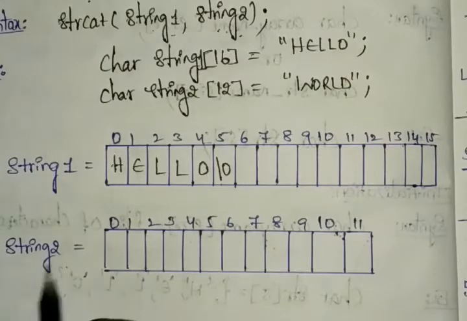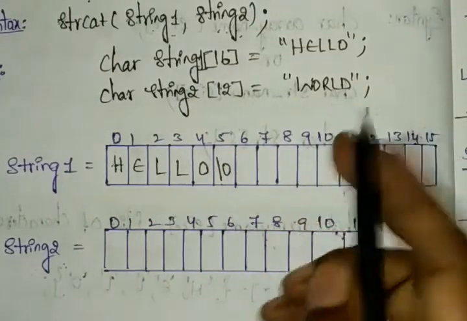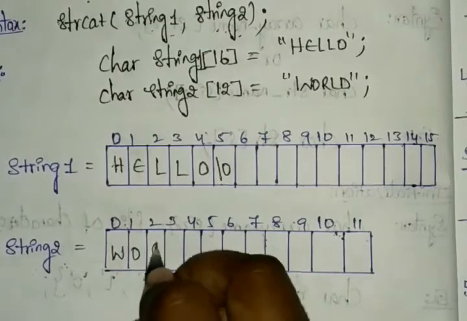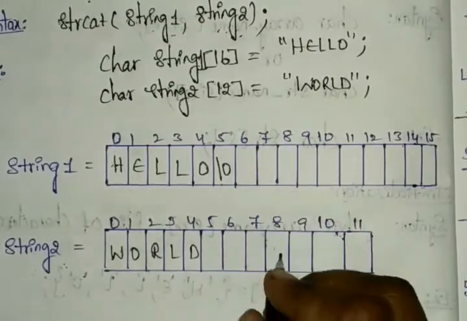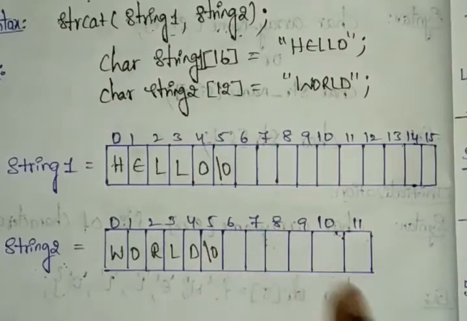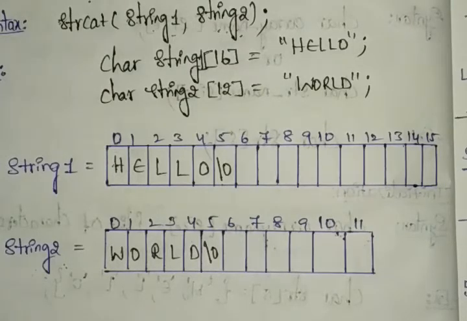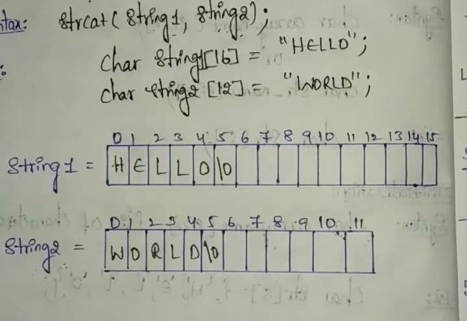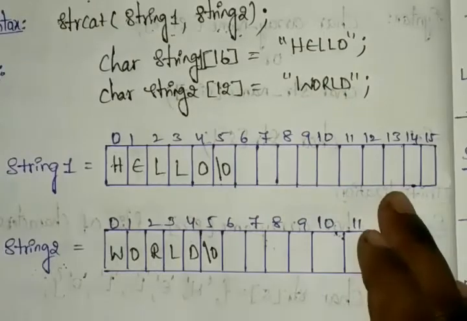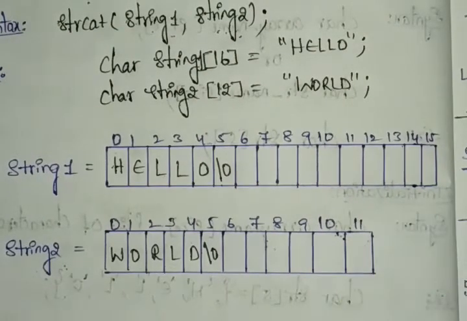And next you can see we have string 2. What do we have in string 2? We have "world", and you can assign it in the same way as the sentence here. If your word size is 5 but you take 10 or 20, there is no problem, because with the \0 we can maintain it. But if you take a smaller size, that will be a problem for the program, because your limited size will not include the whole string.